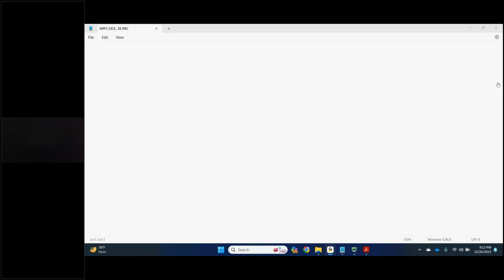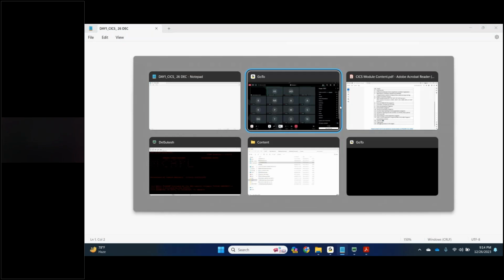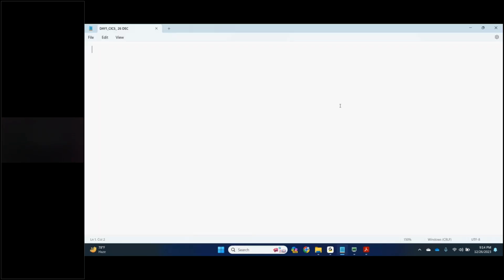So this is the context. Sometimes I might say that we already discussed something in COBOL. This is the current running batch, so you should not get confused over there. This is the context of our batch, team, and where we are. So I'll proceed with my explanation. At any point of time, if you have any queries, you can stop my presentation at any time. So now we'll start with CICS.